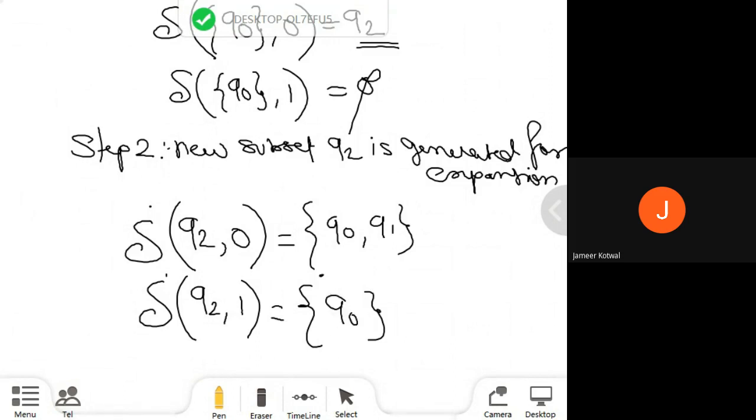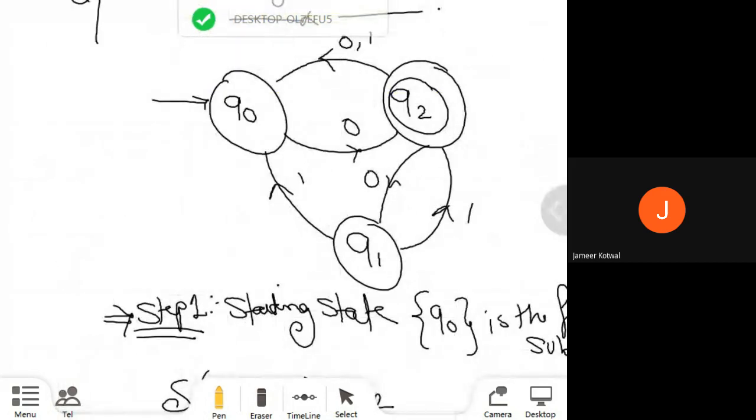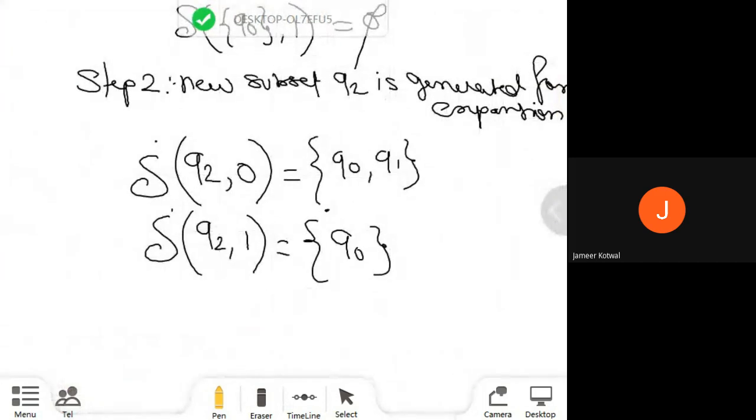Just go through it. Q2 on 0, I reach the Q0 and Q1 states, and Q2 on 1, I reach the Q0 state. So now the new subset which is generated is Q0 and Q1. This is the new subset which is generated.